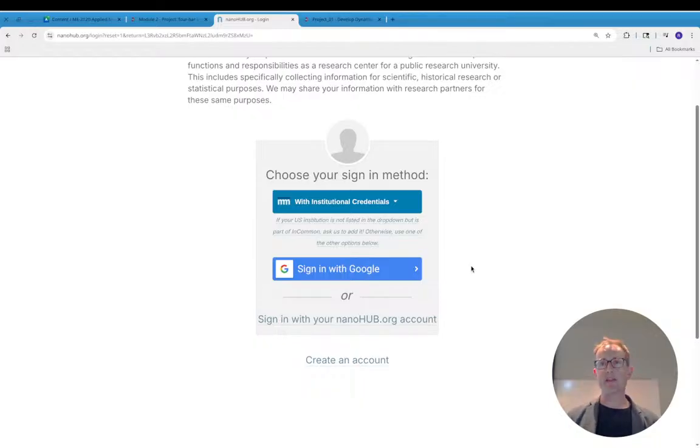So I've had a NanoHub account for the last 15 years or so. Sometime when I was a grad student, I made an account, and I can still go back and find those files. So I like to have something where you can always go back and reference your resources without a UConn account. So 2 or 3 years from now. But anyway, once you have that account,